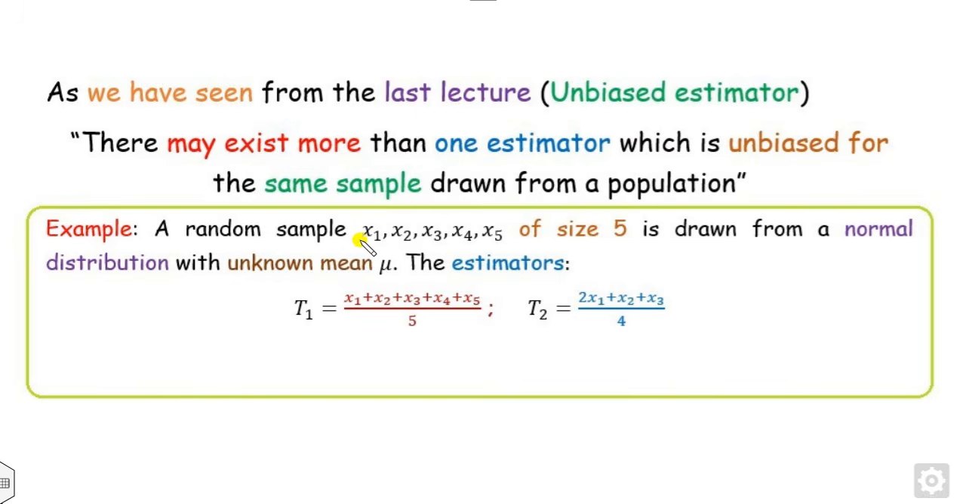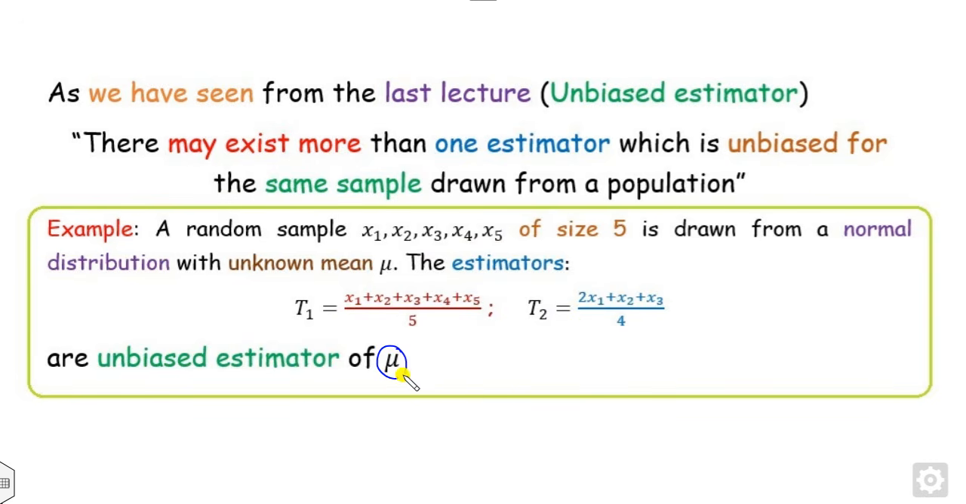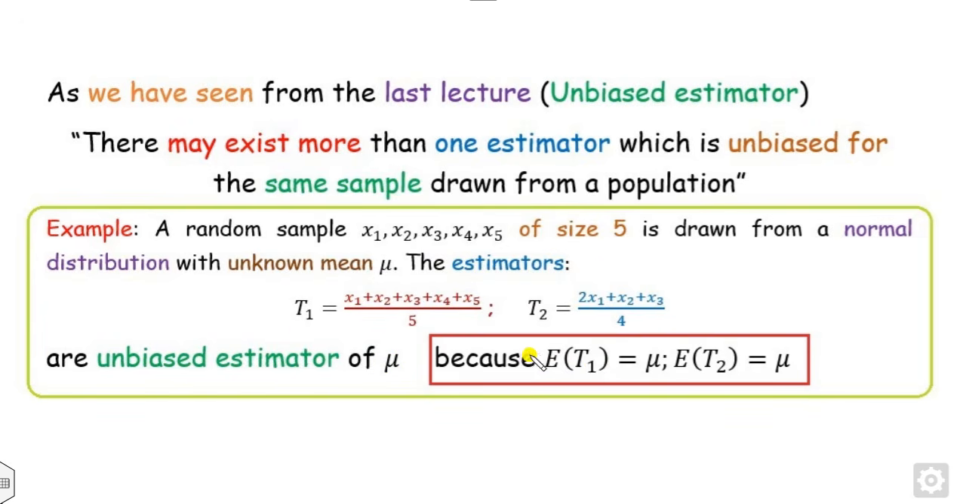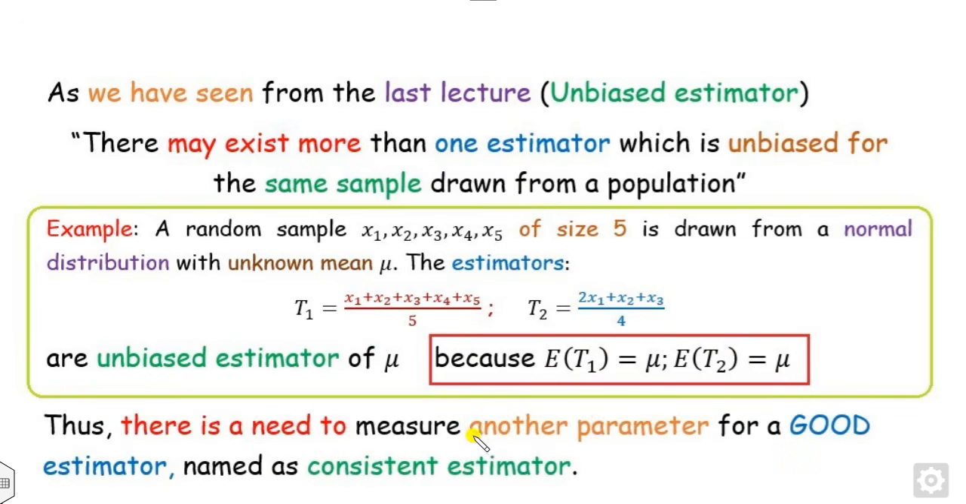Like in the example we already discussed in our last video, if I consider a sample of size 5, x1 to x5, and I consider the two estimators t1 and t2, then clearly both estimators are unbiased estimators of mu. How can you prove that an estimator is unbiased? You have to prove that E of t1 is mu, and E of t2 is also mu. Once you prove them, you may analyze that there exists more than one estimator for the same population. Therefore there is a need to measure another parameter for a good estimator,